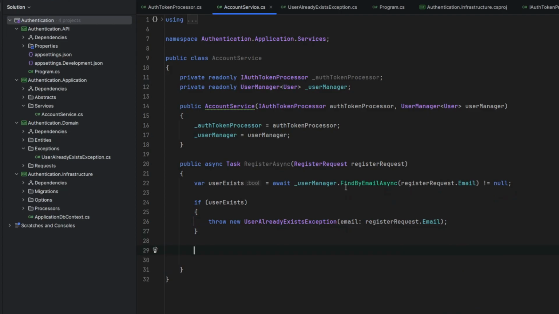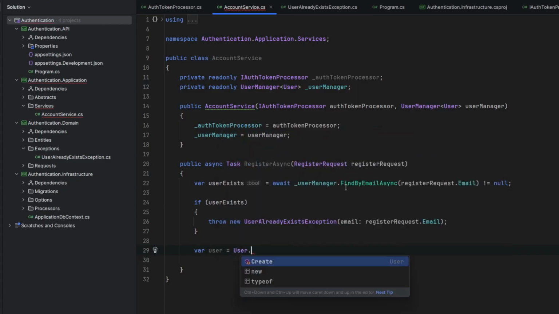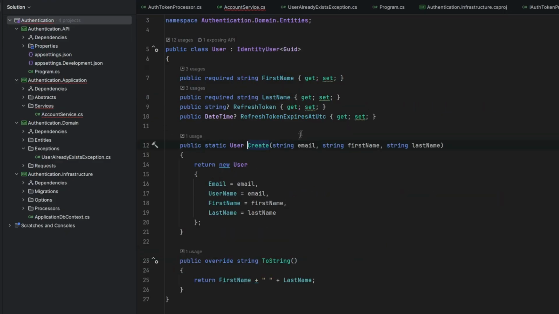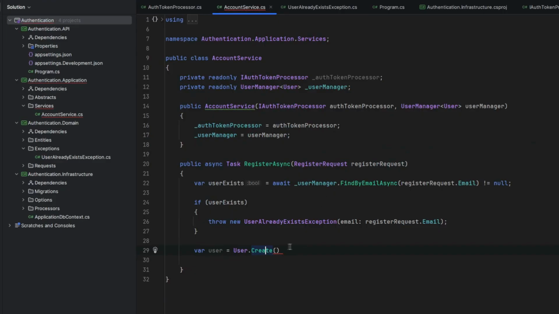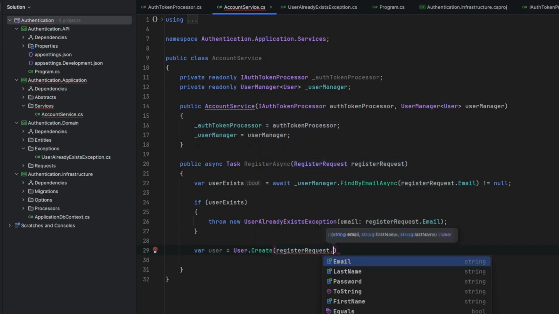Now, once we know that this user does not exist in our database, we can create the user entity. In this case, we would like to use the method that we have created previously, just to create the user based on the email, first name, and the last name. So we have to provide the parameters to this method. At first, it will be the email, so register request dot email,